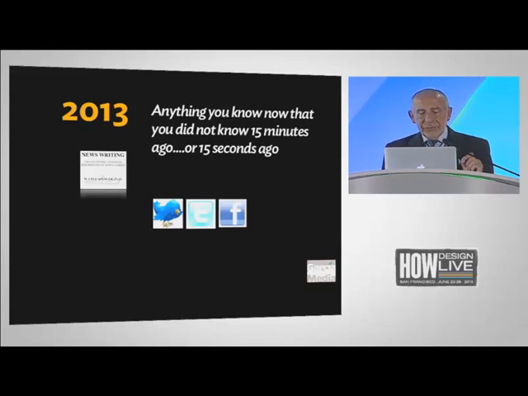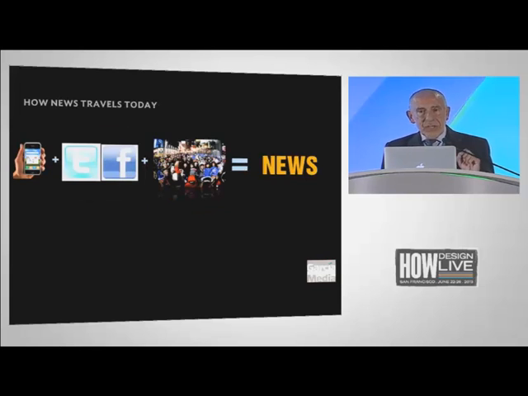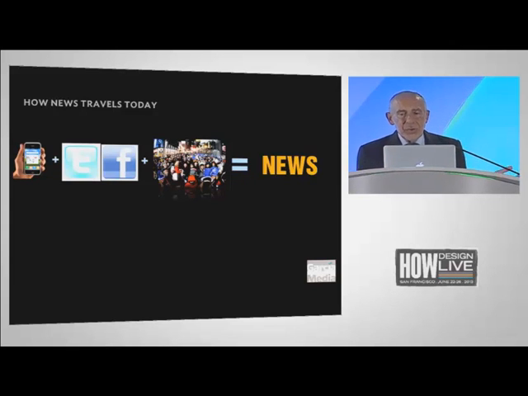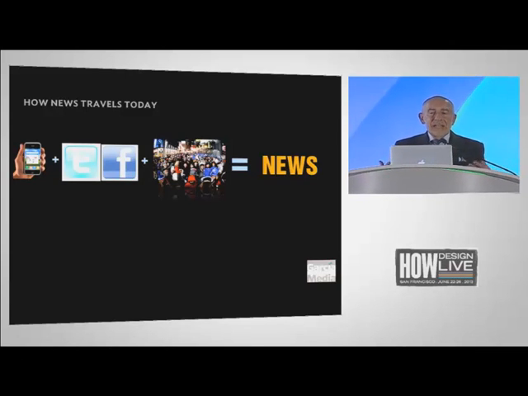And notice that we have Twitter and Facebook very prominently displayed there. Because the way news travels today, news usually travels beginning on a smartphone. And then it goes into the social media, the masses get the news, and then they come to us, to the professional media, to get more on that.